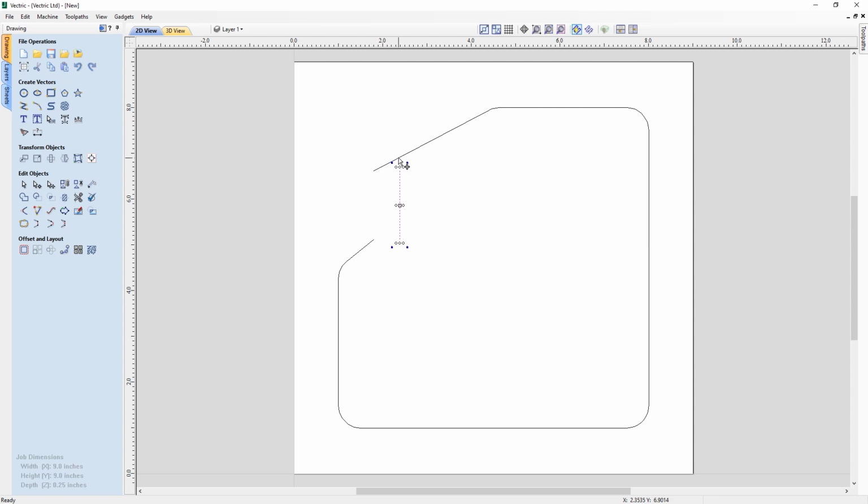We now want to reconnect it to the rest of the design. I'll open up node editing once again, and now I can drag this line straight up until it intersects with the point above it. And as you can see, Smart Snapping has put it at the correct length for me. I can then do the same for this line here to move it until both points now coexist on the